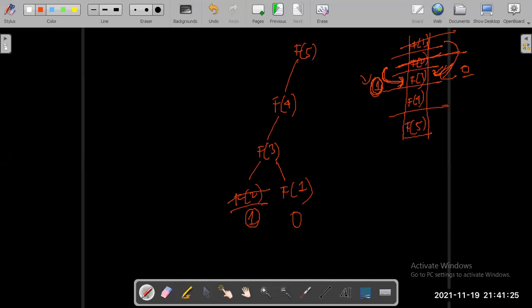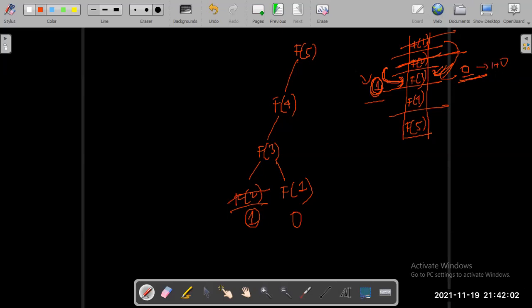Any doubt you're having? Now see, f of 3 has got two values, 1 and 0. Add them. Now f of 3 is calculating itself, that is equal to 1 plus 0.